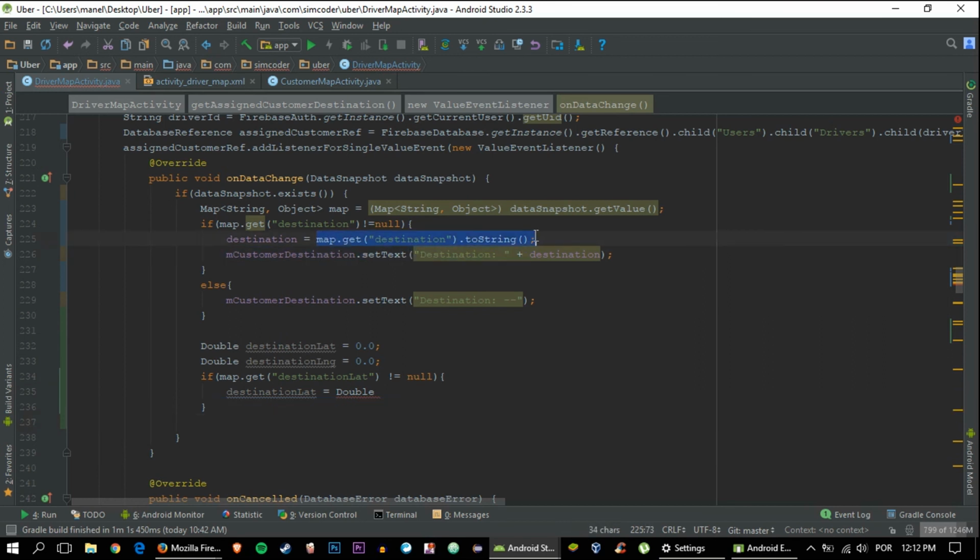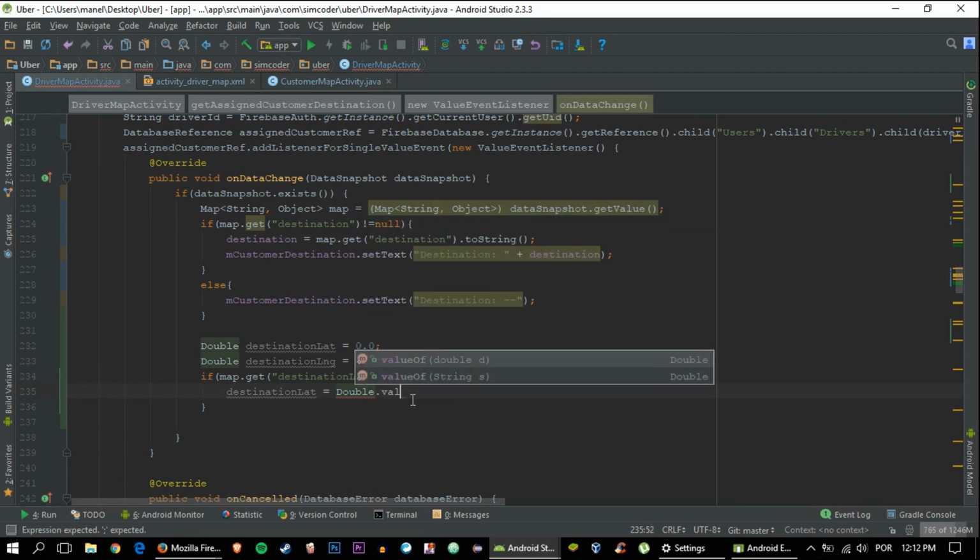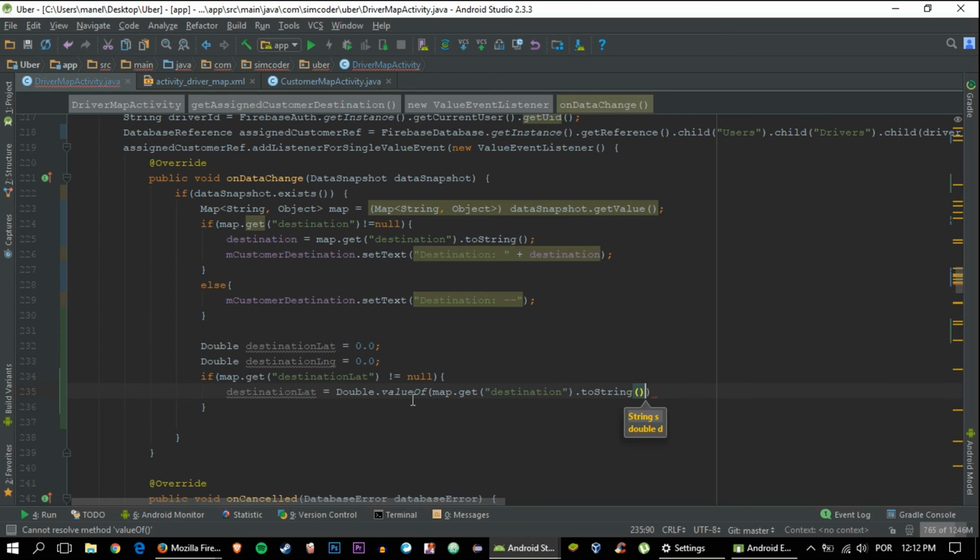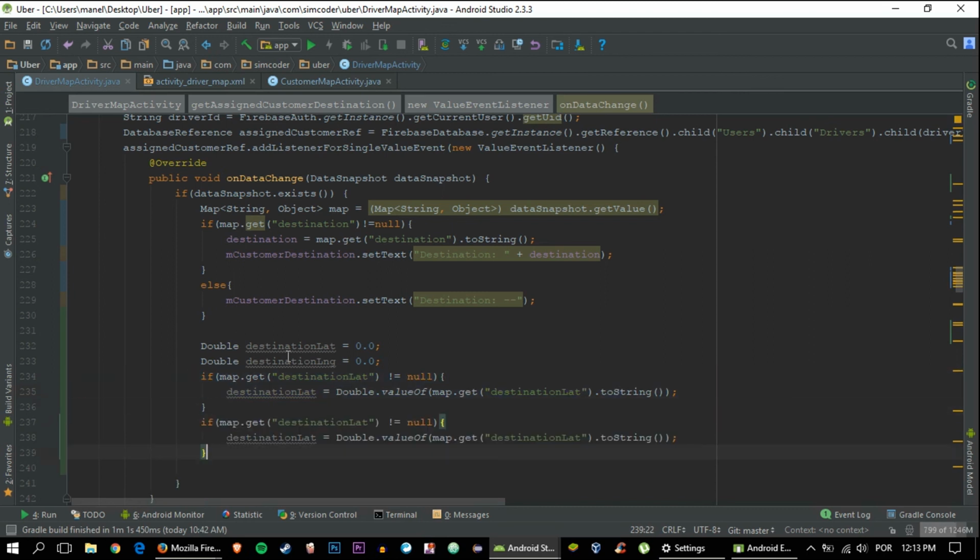We are using this form, and we need to pass it to double, and so we do double value of map dot whatever child you want, to string, and then move it to double. That's the way I always do it, and I believe it is the best one, so be my guest. Now let's do the same for the longitude,